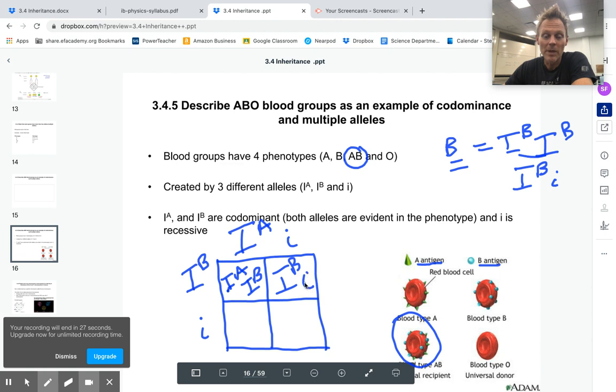The phenotype would be blood type B. Down here, we have blood type A allele with the i, which is O. That would be expressed as blood type A. And then last, if those two gametes met, we would have an i and an i, and then that child would have blood type O. So in this situation, all four blood types are